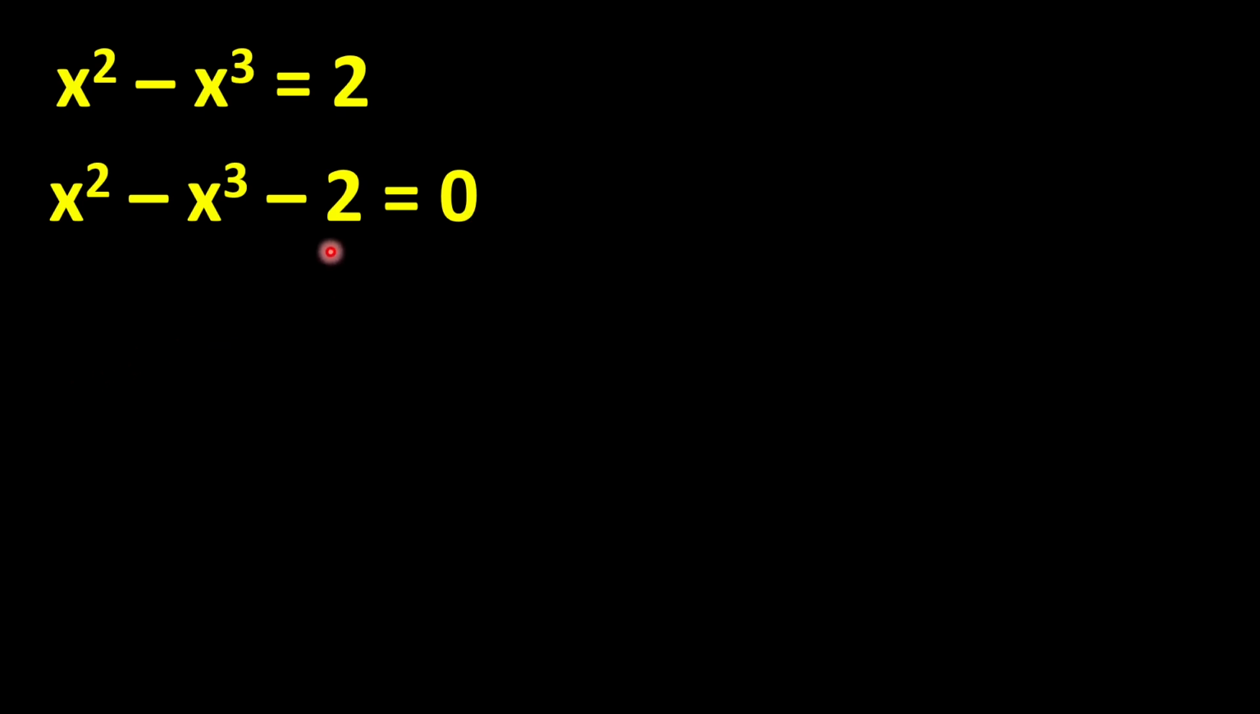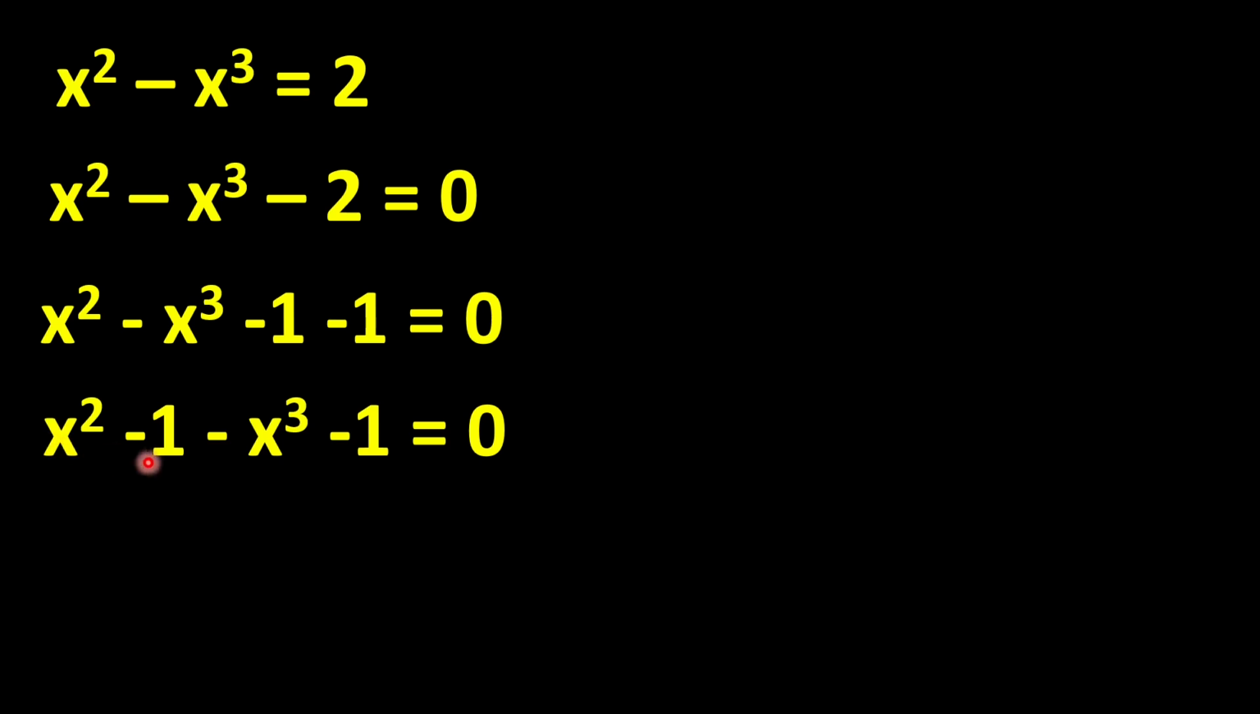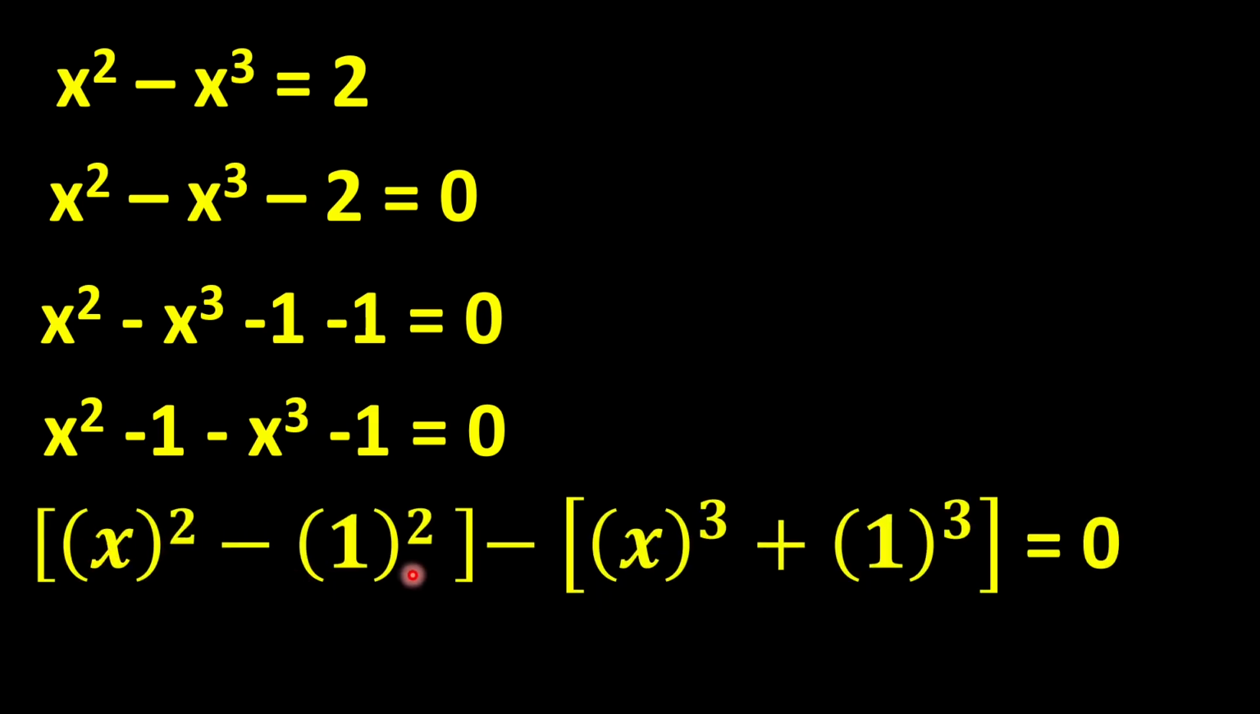And now we can split this minus 2 as x square minus x cube minus 1 into minus 1 equals 0. So now we will rearrange this equation like x square minus 1 minus x cube minus 1 equals 0. So now we can write this equation as x square minus 1 square. Why minus 1 square? Because 1 square equals 1. So we can write this as 1 square. And this minus over here, and